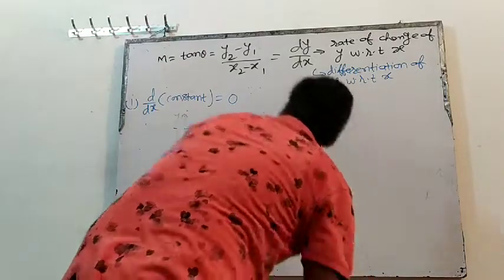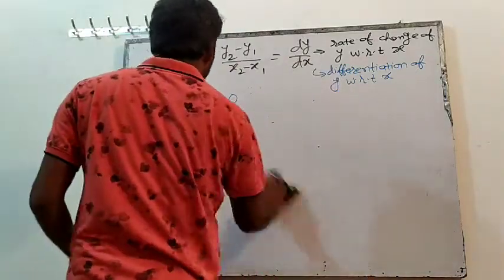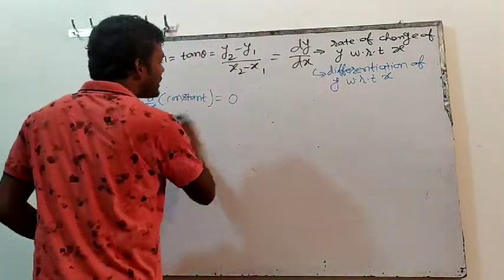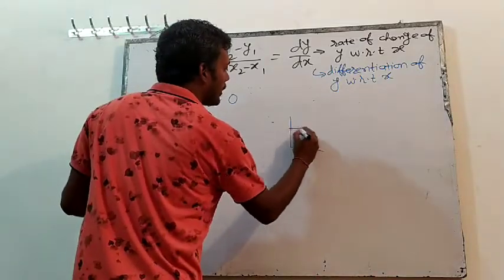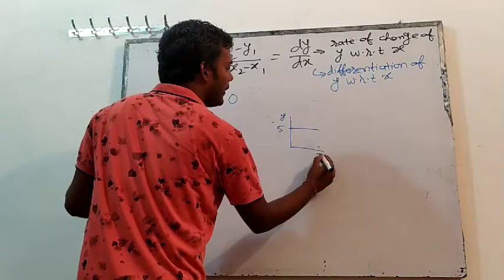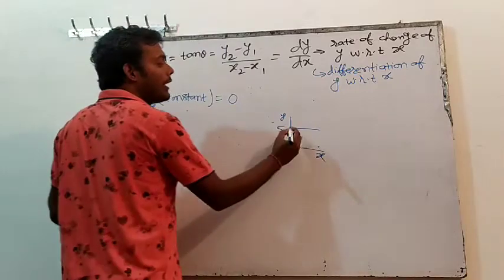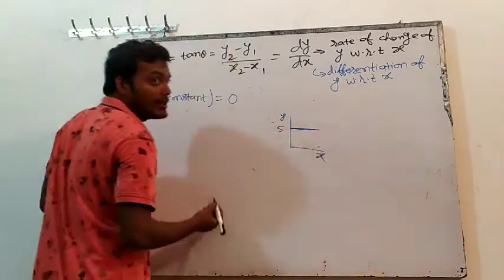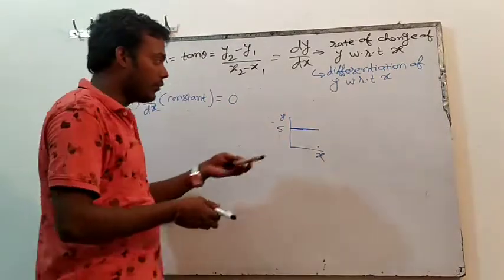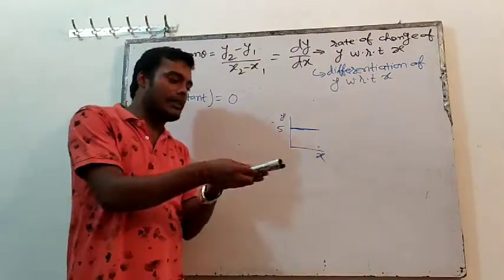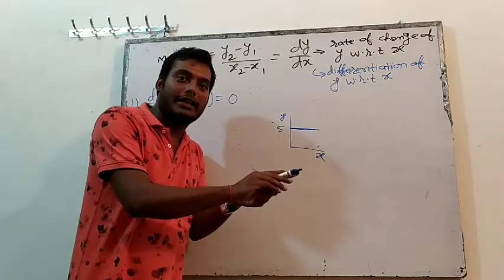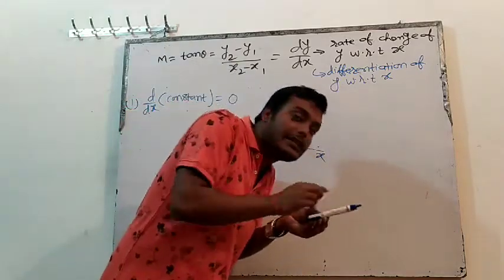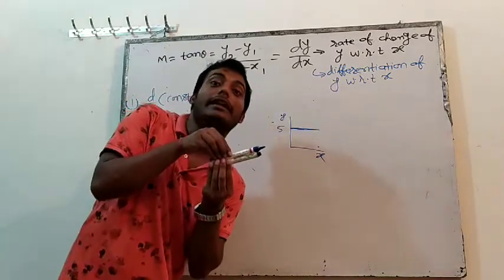So what is the meaning of this? That y is not changing. Now see, what will be the angle with the x axis here? This is itself the x axis. So the angle with x is how much? 0. Suppose this is the x axis, this is also the x axis. So the angle between these two lines is 0.